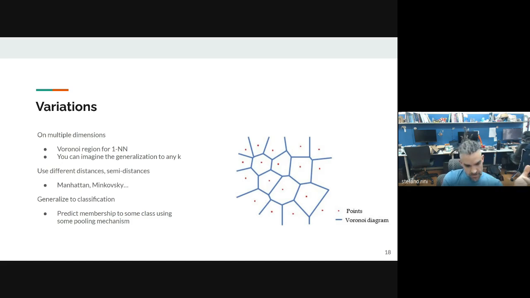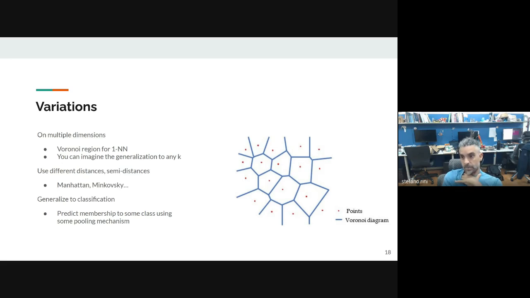Then, when we talk about distance, it was always implicit in the discussion before that we're talking about the Euclidean distance. Of course, the Euclidean distance only makes sense in some settings. Maybe somebody could consider some other type of distance, some Manhattan distance, some Minkowski distance, some matrix distance. L2 distance is only one of the options in the big bag of distances that we can use.